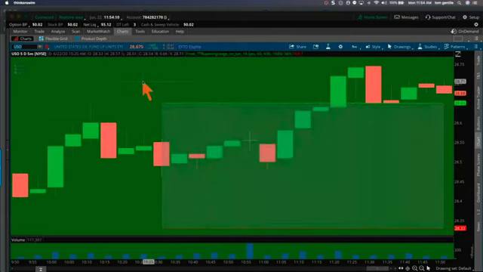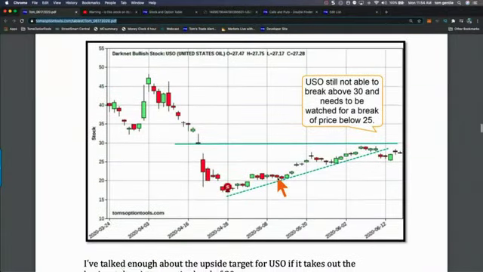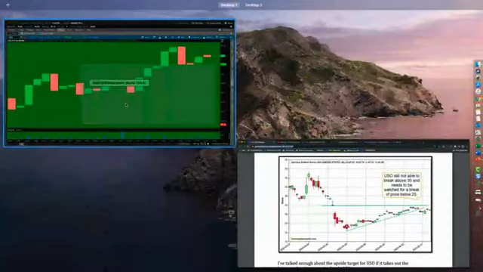All right, so looking at what we were focusing on last week with USO, you can see here, this is, by the way, when the reverse split happened. We've been on a move higher. We kind of broke below this a little bit, but again, we would look to see a break below 25 if we expected this to get short again. It did not do that. In fact, it did the opposite.